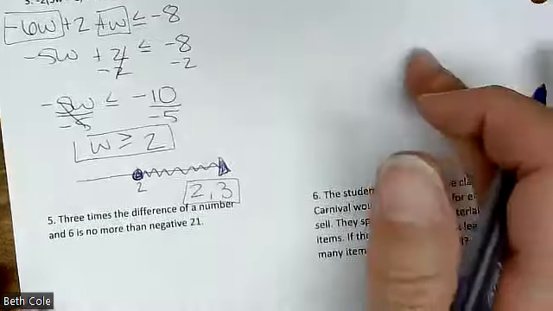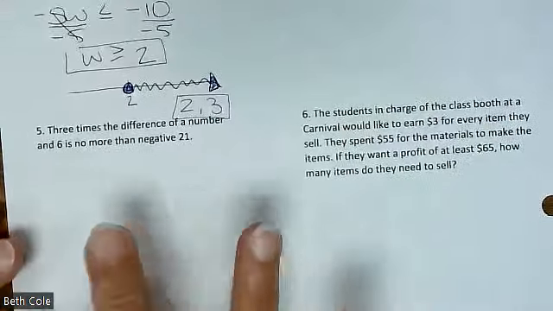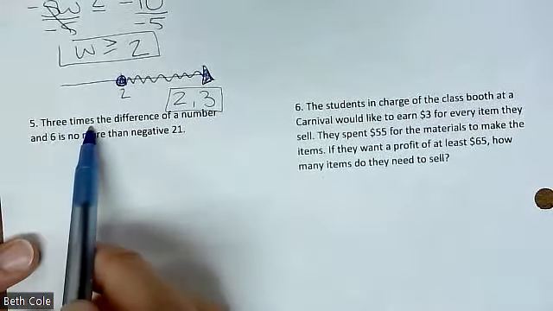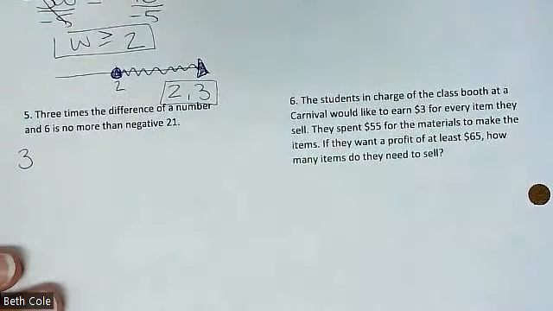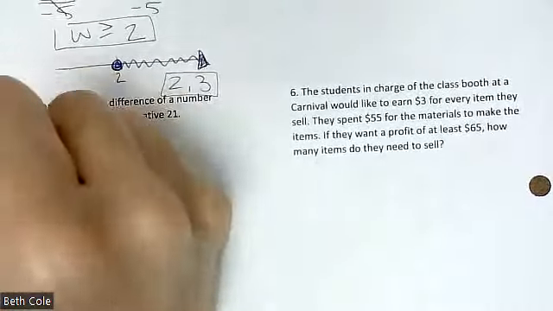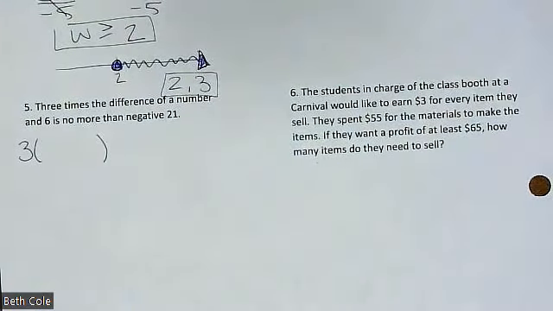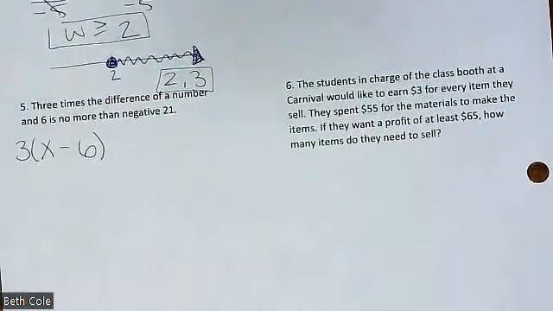I'm going to skip this one because I want to finish before our drill happens here. So I'm going to do these ones that have the words in them. 3 times. Okay, so we're going to have a 3. It says the difference. So what does difference mean? Subtract. And perfect. You need parentheses. It says difference of a number and 6. So you're going to have x minus 6